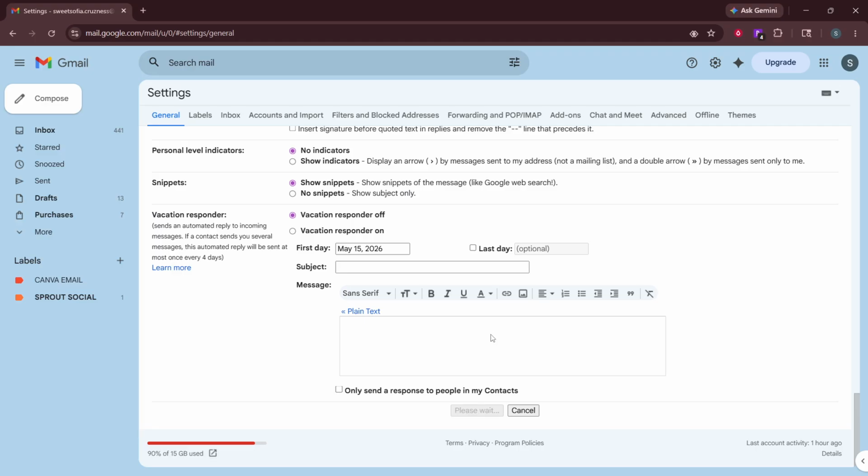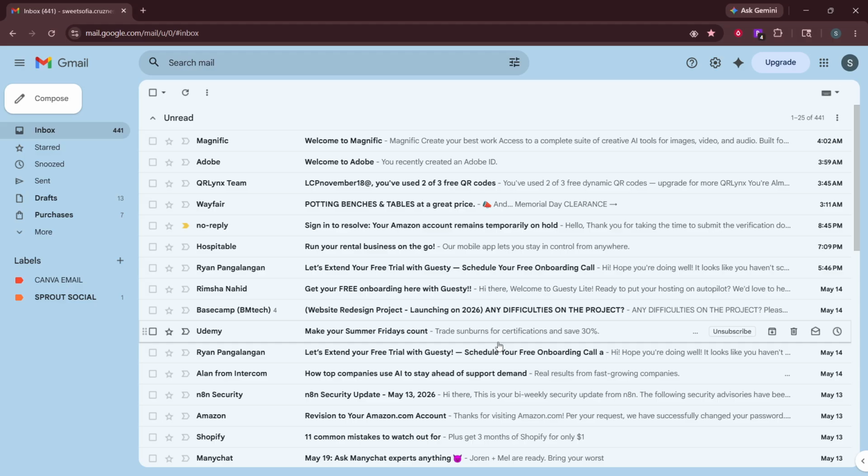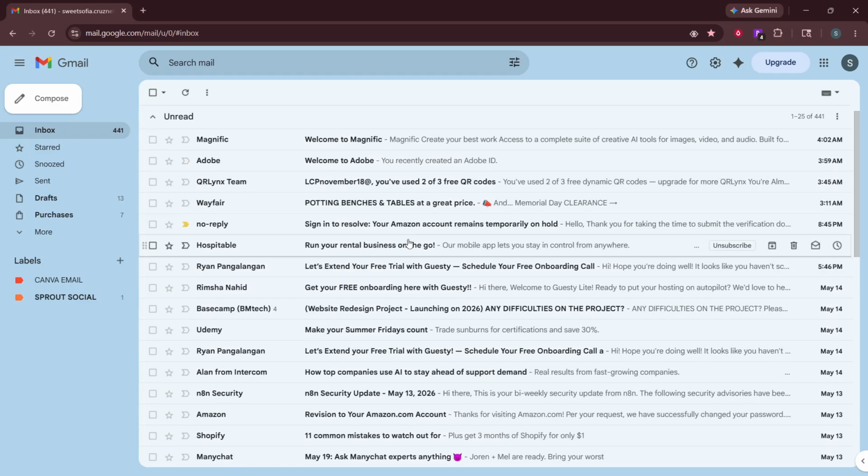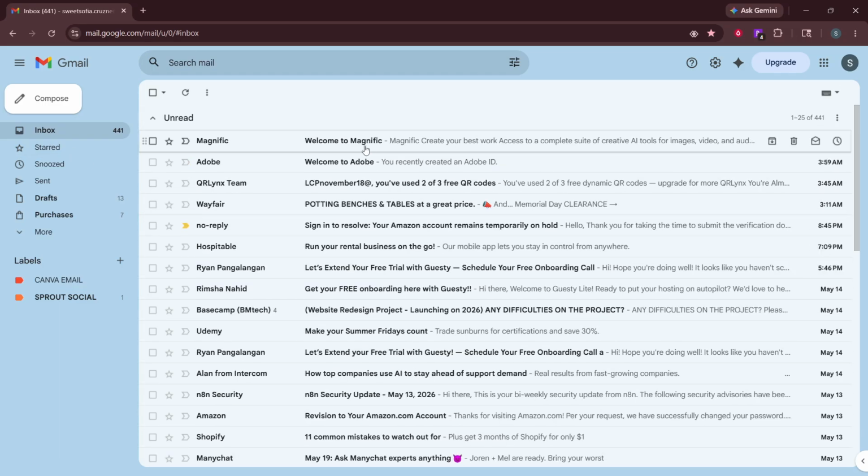Once you've chosen Mail Notifications off, scroll to the bottom of the page and click Save Changes. This is important. Your selection won't take effect until you save. After saving, Gmail will apply the change for the account you're currently using, and you won't see desktop pop-ups from it anymore. Other Gmail accounts you use in the same browser remain unchanged and will continue to follow their own